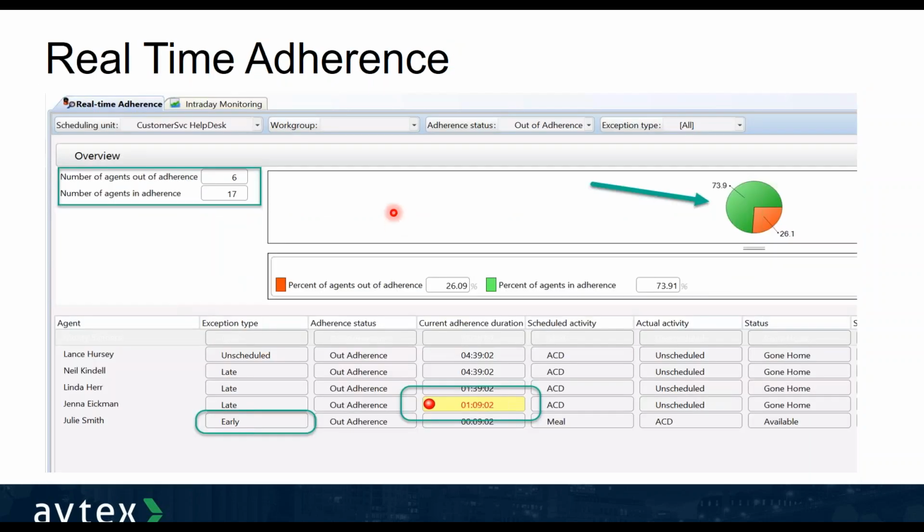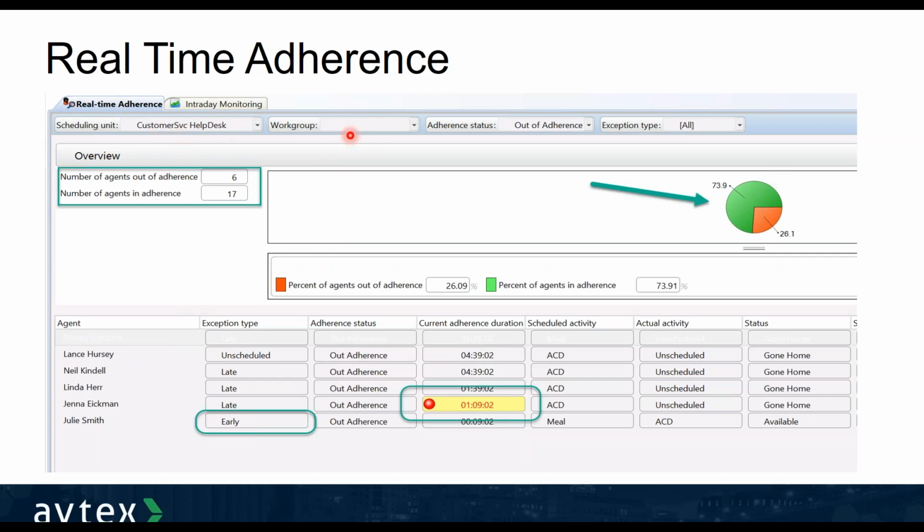Moving along, real-time adherence. This one is near and dear to my heart, and I could talk to it for 45 minutes, but I will not do that to you, I promise. But from a real-time adherence, this is a massive ROI cost savings in the contact center. If you're not tracking this, if you're not monitoring it, we need to talk. You absolutely need to be looking at this. Just 20 minutes missing in a day is an astronomical fee in a contact center, of lost dollars. So we can definitely talk about that if you want to, but